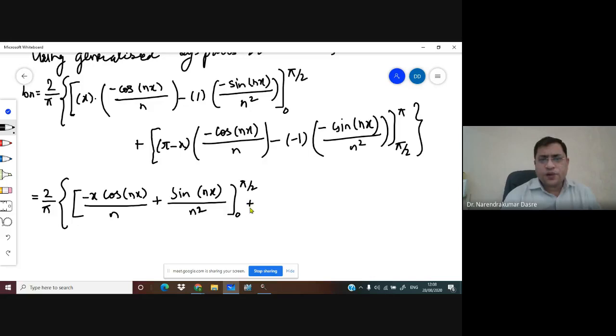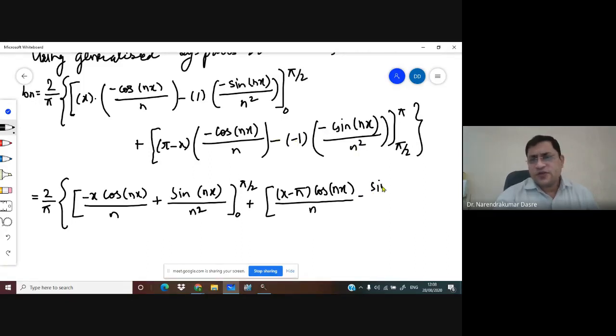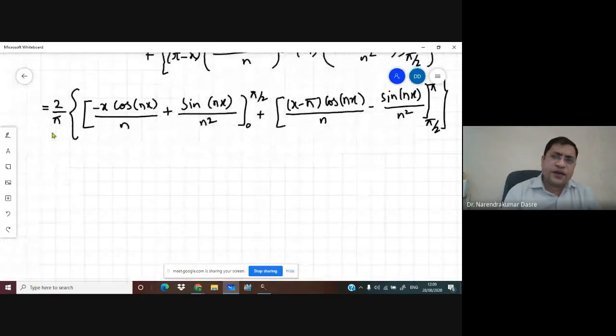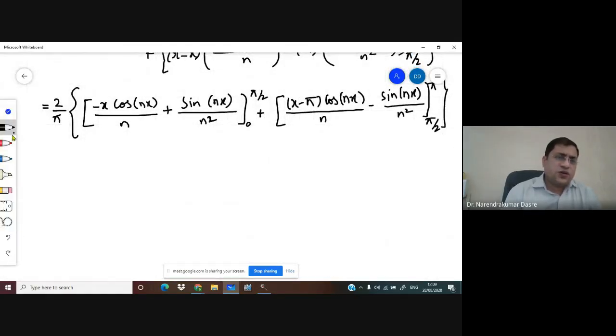Okay, now plus, for this integral, we have this minus sign. I can absorb this here, and so I can write this as x minus pi cos of nx upon n. This minus minus minus, allow minus sine of nx upon n square. The limits are pi by 2 to pi. That's what we will do. Now, after simplification, we'll apply these limits. So we get Dn is equal to,